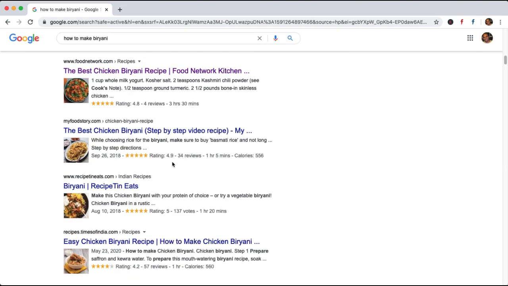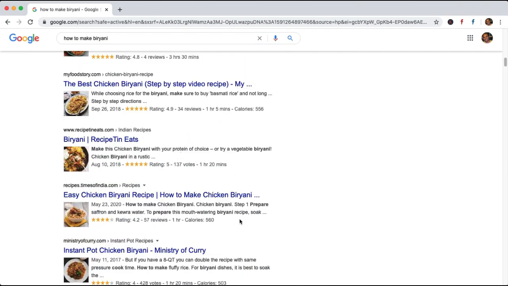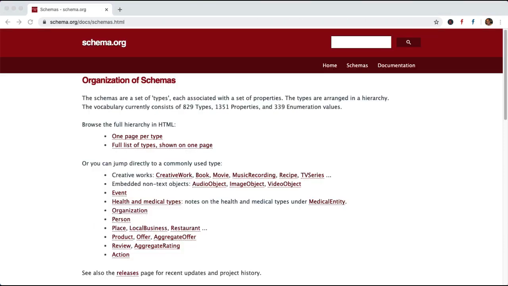Is another type of schema marking. So let us just glance through what are other different types of schema markings available. So here you can see creative works. There is a schema for creative work. We have a schema for book, movie, music recording, recipe we just saw, TV series.